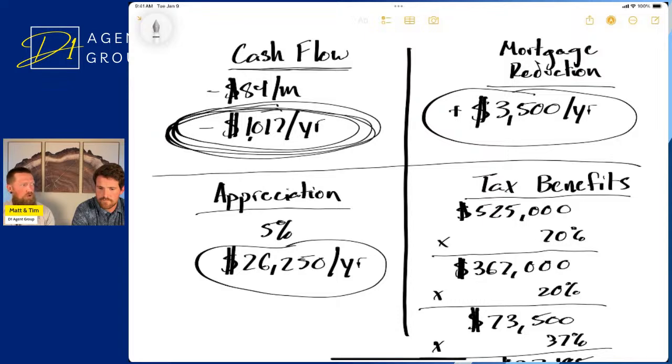You listen to Robert Kiyosaki's book Rich Dad, Poor Dad, and he talks about how an asset is something that brings you money month over month. A liability is something that takes money away from you month over month. Absolutely true. If that's something that's going to psychologically mess with you, just make sure that we are looking at